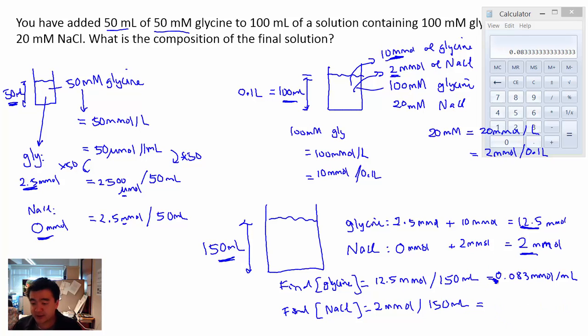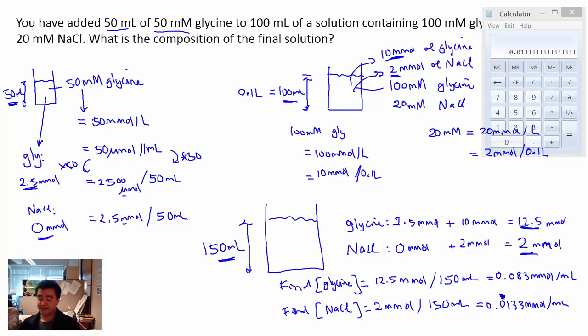And this one will be 2 divided by 150, which equals 0.0133